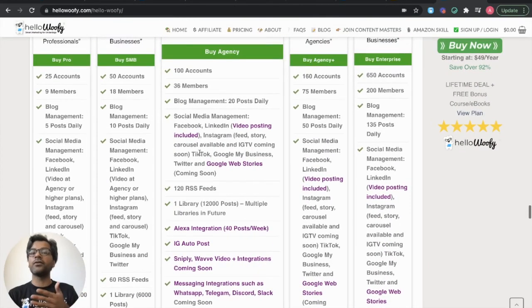Of course, the higher you go, the more members you get, the more accounts you get. These accounts are considered destinations. So what that means is, let's say you have a Facebook profile under James Smith, right? James Smith has 5 admin accounts that he owns as groups, and 5 admin accounts of pages. That's considered 11. The profile, which is semi-automated, the pages, which are fully automated, and the groups, which are fully automated. The 5 and 5 and 1, that's 11 destinations or 11 accounts in our language.